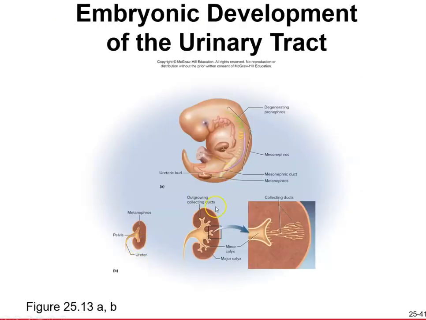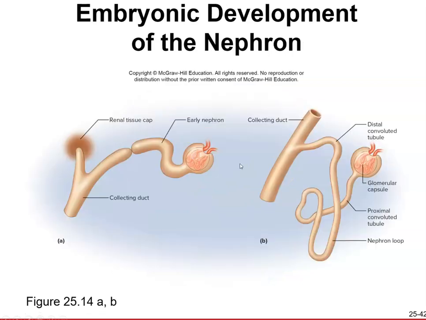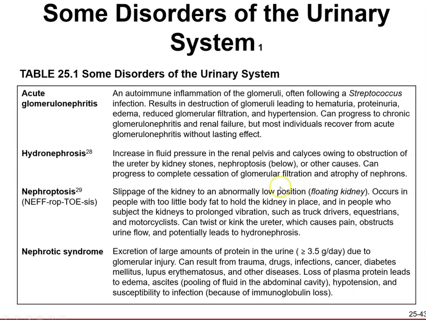Embryonic development in the urinary tract. Again, we have always mentioned taking care of yourself during the first trimester, because all these organs are important in developing. And when we do human development, we'll talk about the stages of baby development. Here's the nephrons. Again, these are some disorders of the urinary system: acute glomerulonephritis, autoimmune inflammation of the glomeruli,